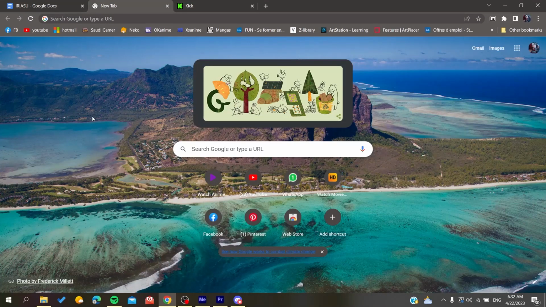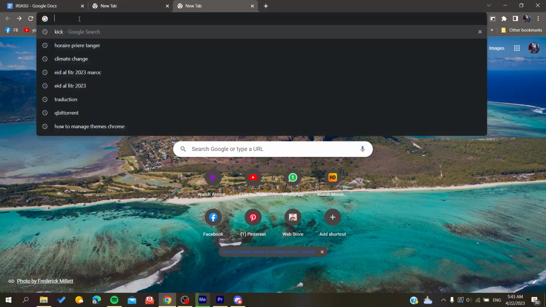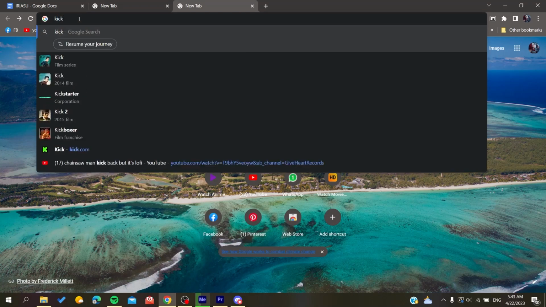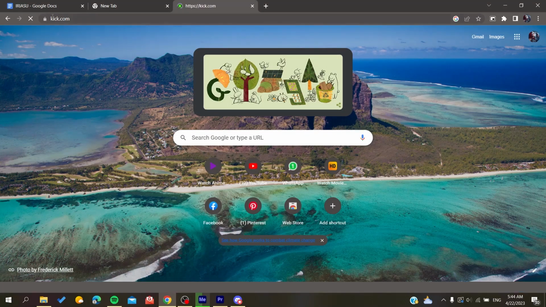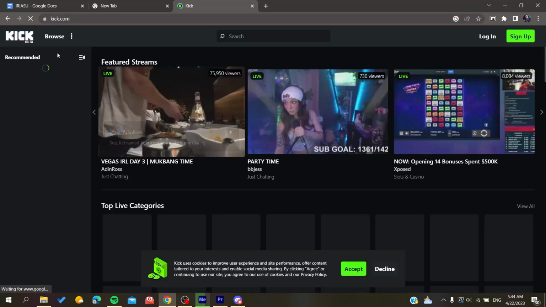In today's tutorial, I'm going to show you how to get more views for your stream on Kick website. So now all you need to do is to open your web browser, either Google Chrome, Mozilla Firefox, Microsoft Edge, Opera or any web browser. After that, you will need to search for kick.com. So we search for it, kick.com, and now it will give us access to the